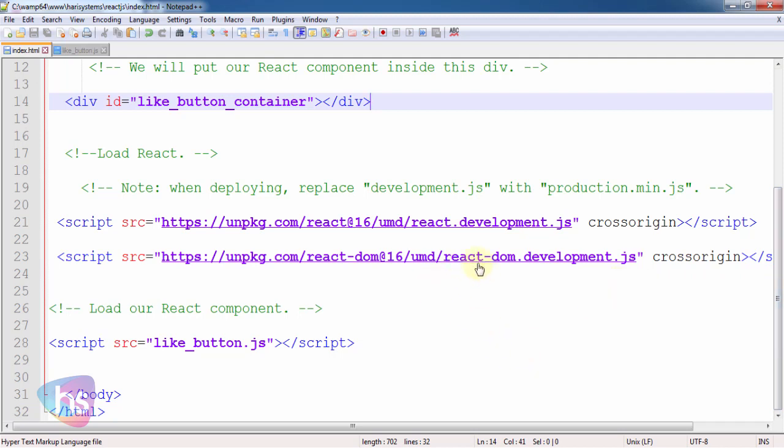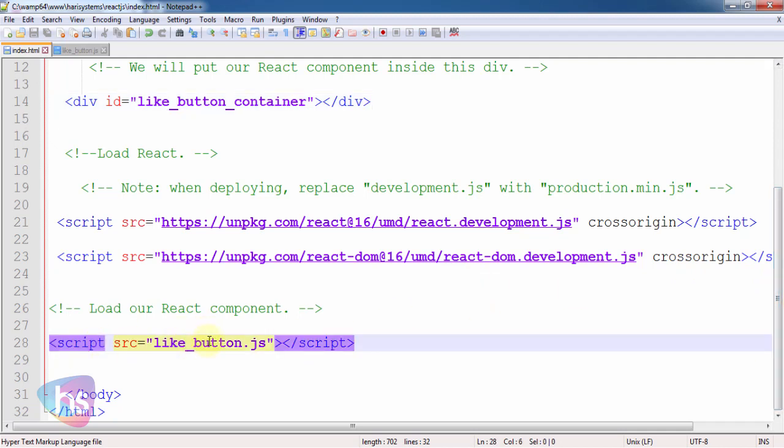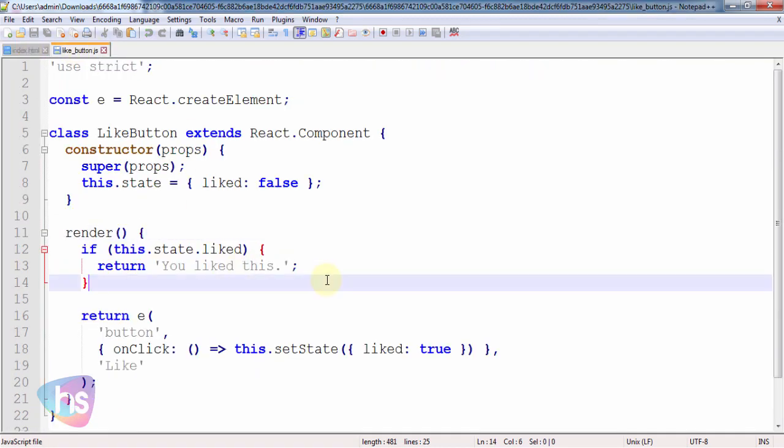Or else you need to download these two files and integrate them locally, and you specify the path, then also it will work perfectly. And see here the script like_button.js, the file where it is created,